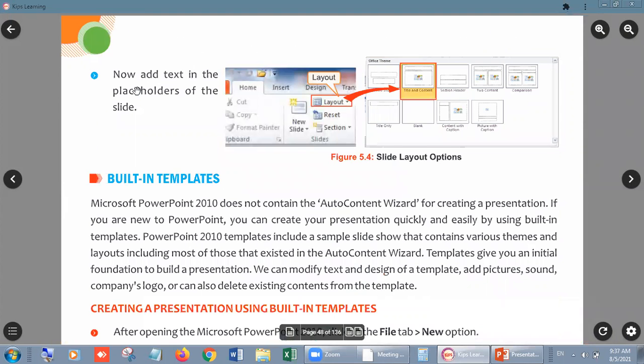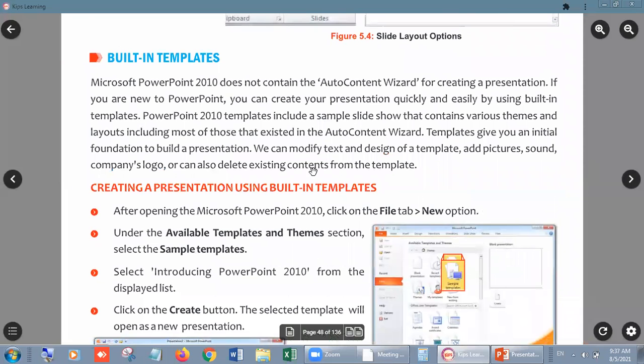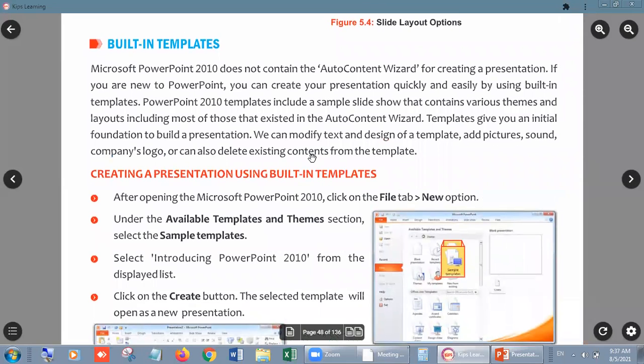Now students, you can see the same option which I told you. Click on the Home button, then in the Slide group, click on the Layout button. You will have so many options and you can choose any one, right? Now built-in templates. Built-in templates means the designs which we already have in our computer, which we can use.